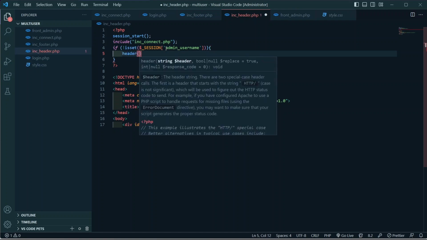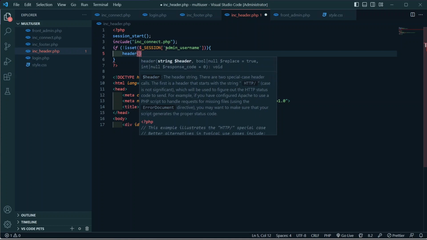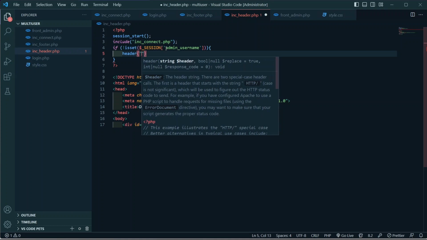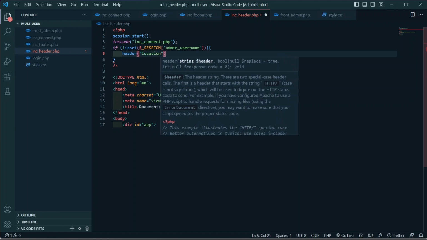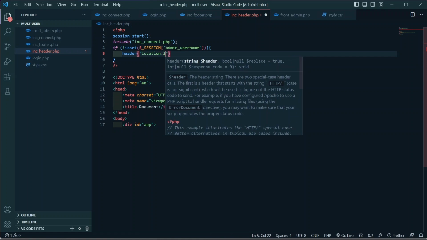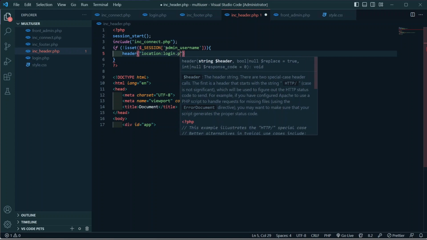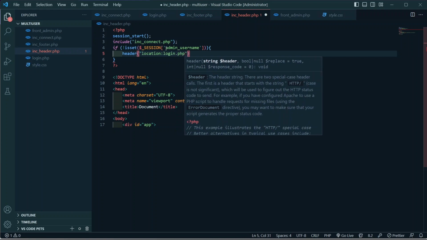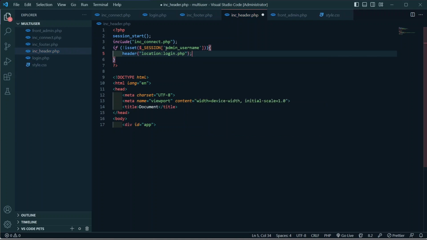Type in first header with the location like this. Login dot php like so, and then hit save, or close it first, don't forget. Hit save,